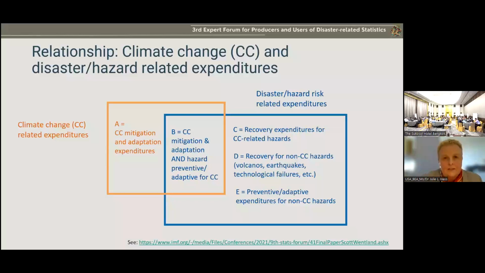Earlier in the sessions at the conference, we've heard that there are many disasters that are influenced by climate, and this is one way to try to learn from what we know about climate adaptation and the mitigation expenditures and how that would overlap. Because quite often you'll get someone saying, well, what are the climate expenditures? And then somebody else will say, what are the disaster expenditures? And then someone will ask, well, what are both of these combined?